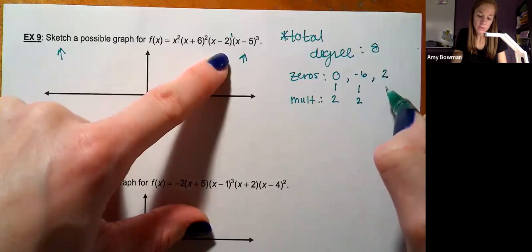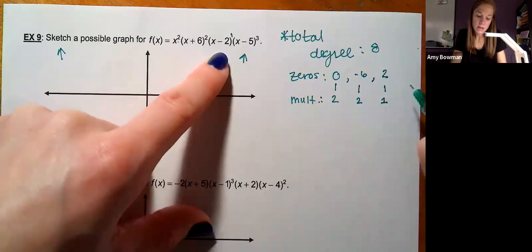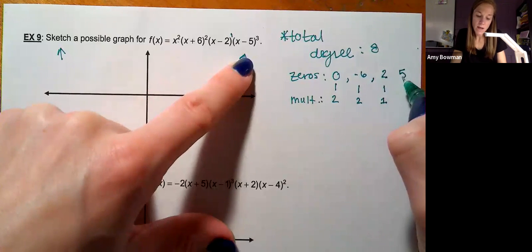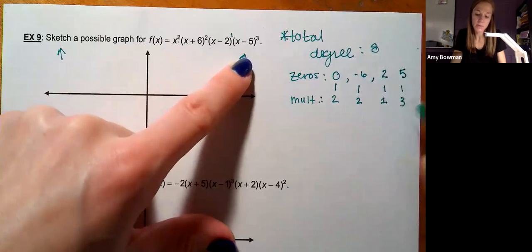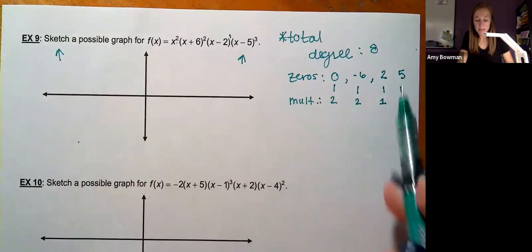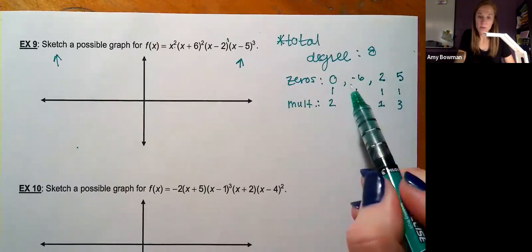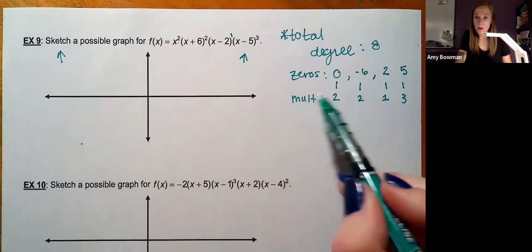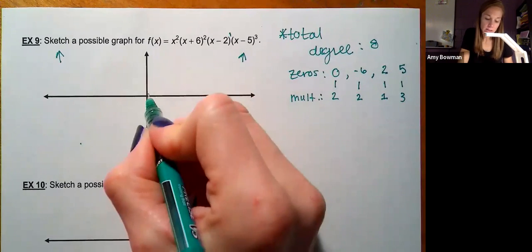+2 with a multiplicity of 1. And +5 with a multiplicity of 3. So again, all the multiplicities add up to 8. And now we'll start by just plotting our points or where our zeros are. So I've got 1 at 0,